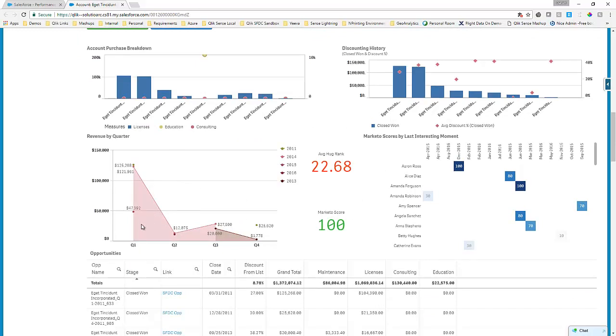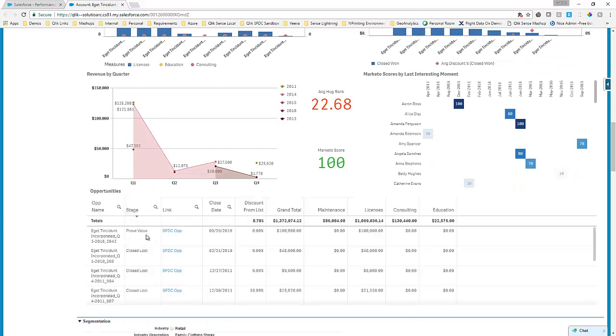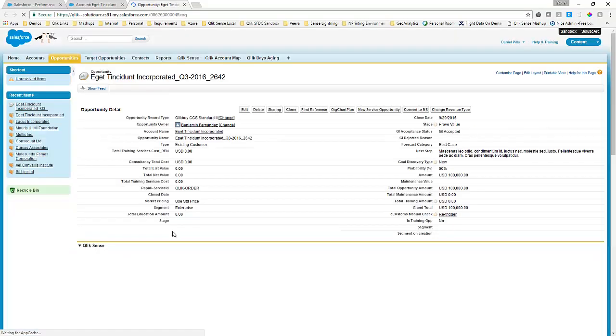So for example, I can see that historically this account purchases in Q1 and has less budget, or at least less initiative, in Q2, Q3, and Q4, though they do have purchases there. So we might want to actually align some of our opportunities with their Q1 budget. Now I can always scroll down and look at the existing opportunity that I have and go directly over to that opportunity. This then takes me over to that Salesforce page with, again, embedded Qlik Sense objects as pertaining directly to